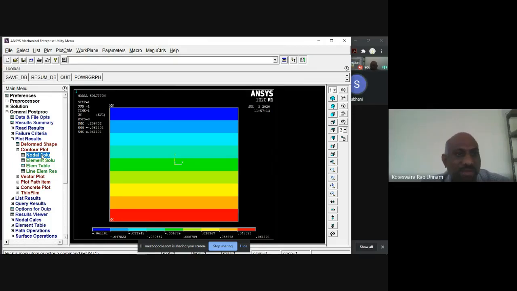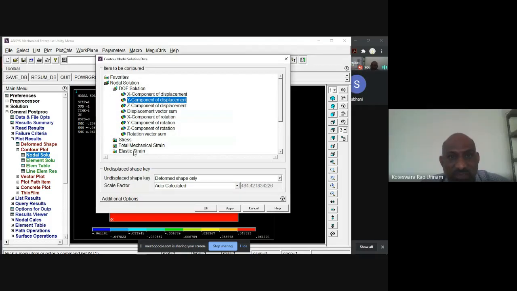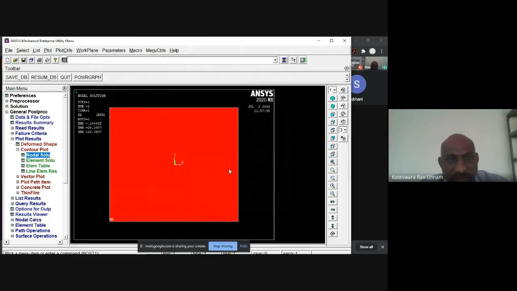Okay. So then if I want to take stress values, I'll go for the x component of stress, click OK. Now it is going to be constant, so it is subjected to uniform force. The stress is also uniform here, which is 26.3907. Minimum value and maximum value are both the same throughout, because we are applying a tensile force in only one direction. Load divided by area is going to be the stress. You can check that also.